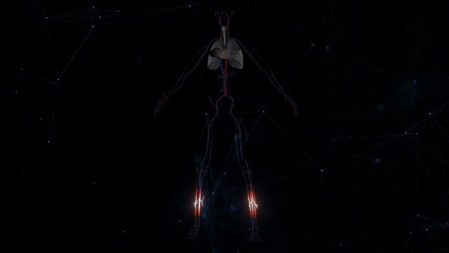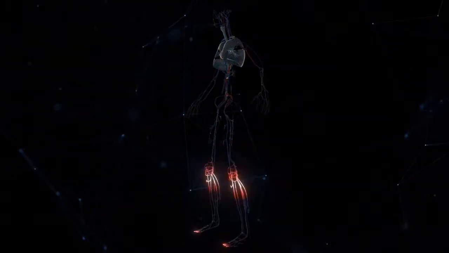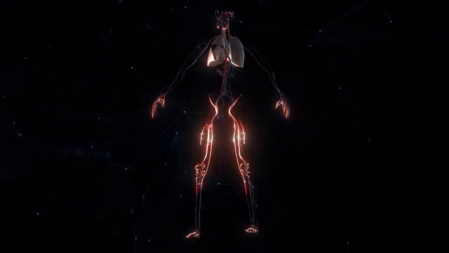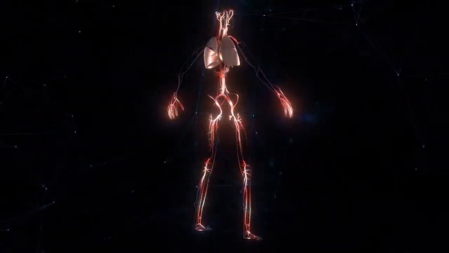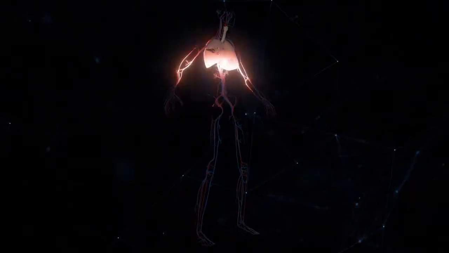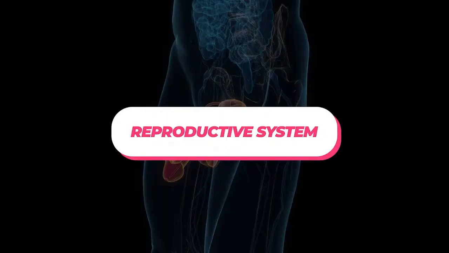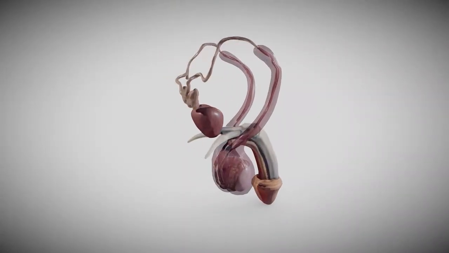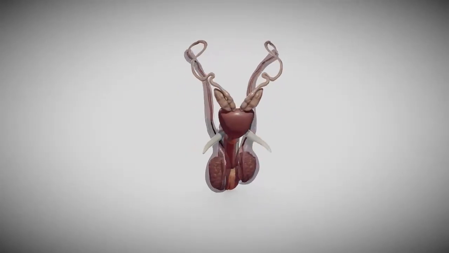The lymphatic system plays a vital role in the body's immune system and helps to protect the body against infection and disease. It also helps to maintain fluid balance in the body by returning excess fluid from the tissues back into the bloodstream. Number 10. The reproductive system. The reproductive system is the body system that is responsible for the production and transportation of gamete